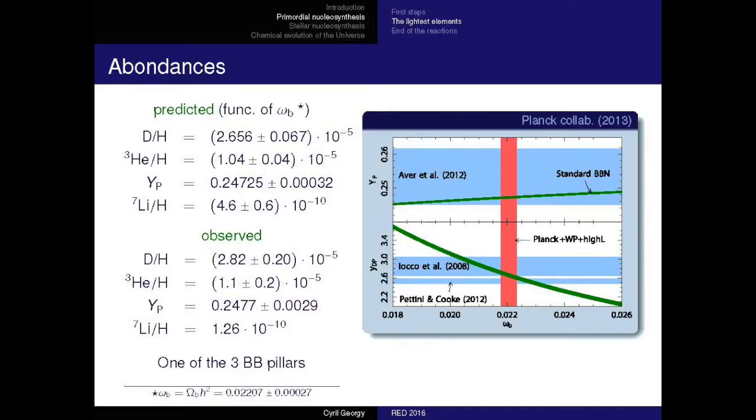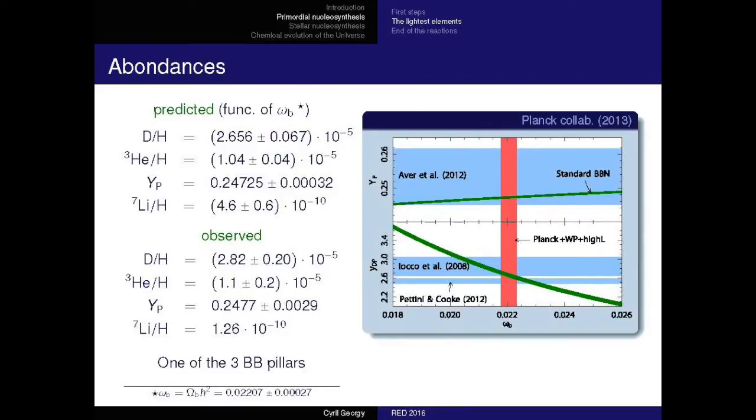You will change this number here, and basically you can also put the observations on top of that, so you have these values that are observed. So with this value of the omega b parameter, you have very good agreement between the observation and the predicted